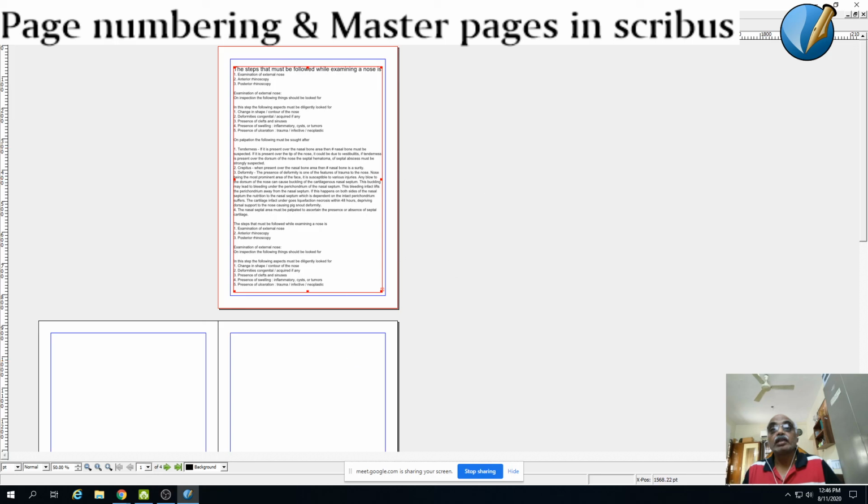So from where you can import the text, I repeat again, if you want to prepare a textbook along with your colleagues, you can allocate chapters to them and ask them to type it either in Google Docs or LibreOffice or any of the open source software or even Word. But one thing with Word is if they give out a Word document, it will import only the letters. It won't import the formatting. It will import the text only.